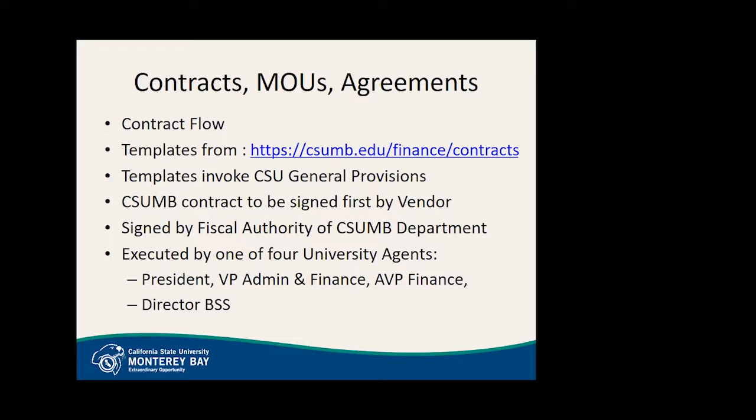Then it has to be executed by one of the 4 university agents. We only have 4 on this campus. They have written delegated authority. The president gets it automatically from the chancellor's office, but the president delegates it further down to the VP, admin and finance, that's Kevin Saunders, and the AVP of finance, that's Steve Mackey, and to the director of business support services, that's me. So one of the 4 of us has to sign any one of these things that have commitments on behalf